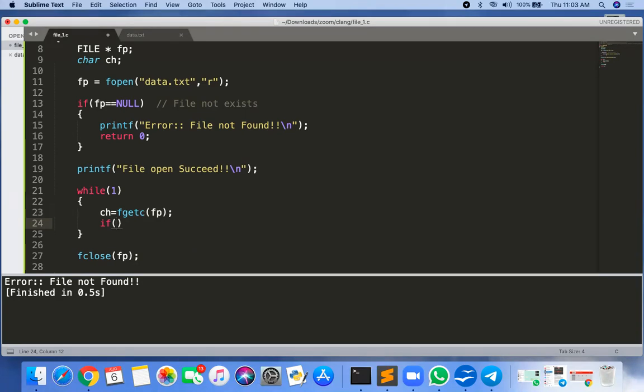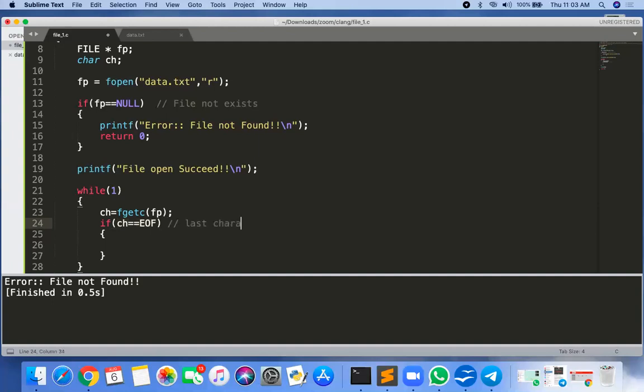If you get that last character, it means you are at the end of the file, and that character is the EOF character, the end of file character. So if you read a character and it is the last character, that is your end of file.